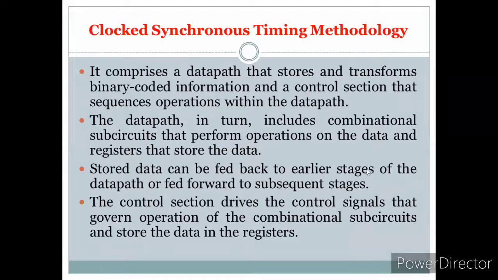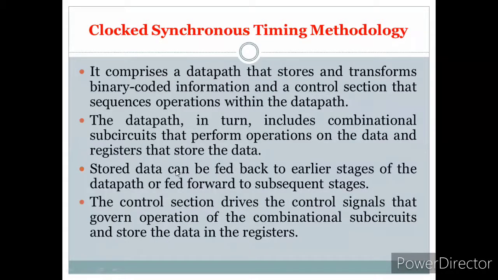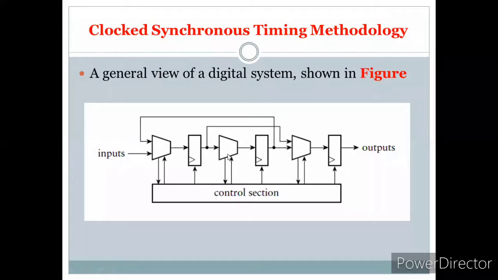The data path in turn includes combinational circuits that perform the operation on the data, and registers that store the information. If you observe here, the combinational circuit performs the operation and the result is stored in the flip-flops. The stored data can be fed back to the earlier stage of the data path or fed forward to the subsequent stage. From here it can be fed back, or from here it can go ahead.